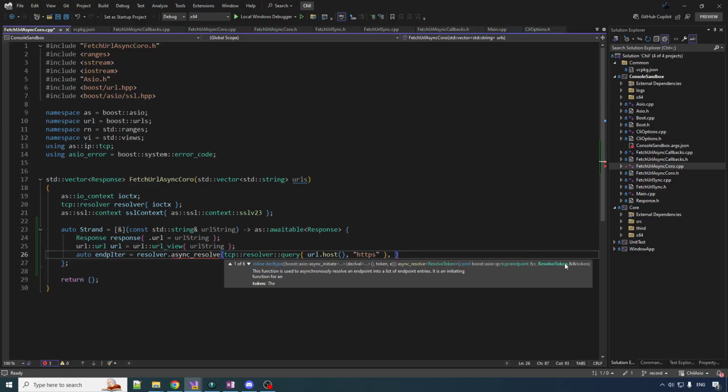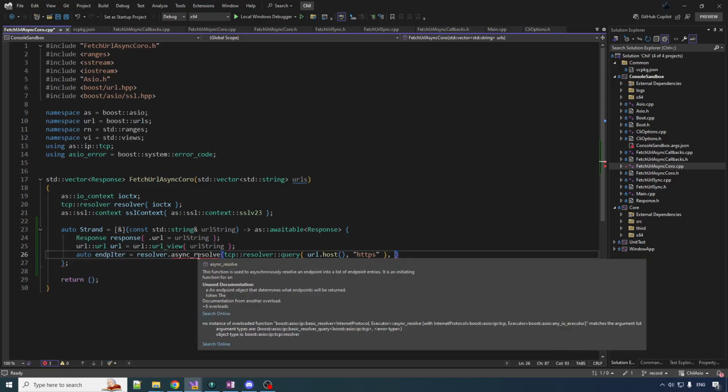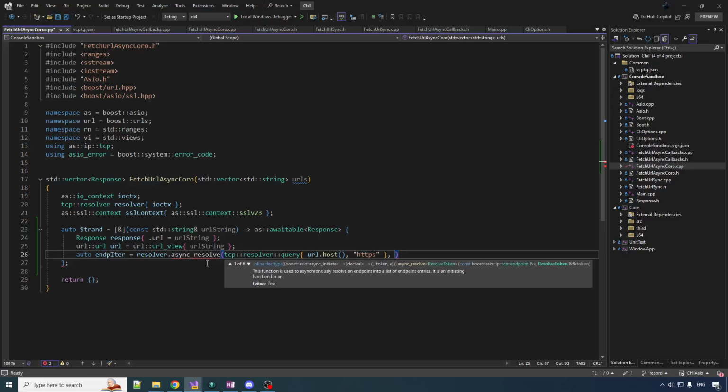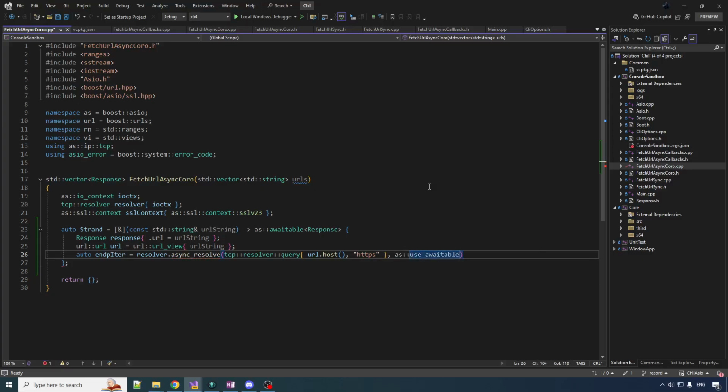Like what kind of a function object is it right in here in the IntelliSense, but we can't see that. And the reason for that is because this resolve token isn't just a callback. It could be many different things. If you're dealing with callbacks, you pass the callback in directly. But if you're doing it with coroutines, you pass it just a token value that tells this function you have to behave as a coroutine. You have to return an awaitable type. So we do as use awaitable. And that is the secret sauce, that's the token that tells this thing you're going to work in coroutine mode,